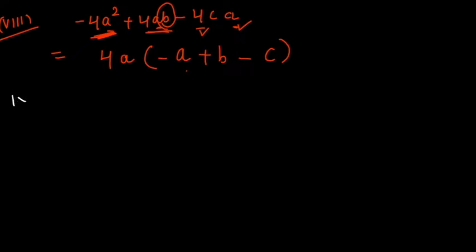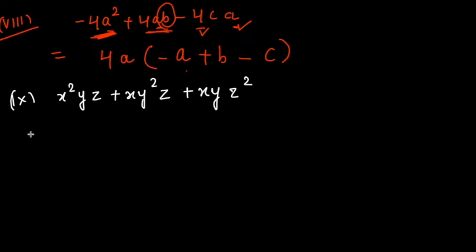Now I will explain the ninth part of the question, which is x square yz plus xy square z. Again it's a trinomial. You will carefully see one by one all three variables. If you see the first term, this is x square, this is x and this is x. It means I can take x common. Now if I go to the second, this is y square and y. So y can be common. Now if I go to the third, this is z. Here you have a z and here you have a z square. So z can be common.